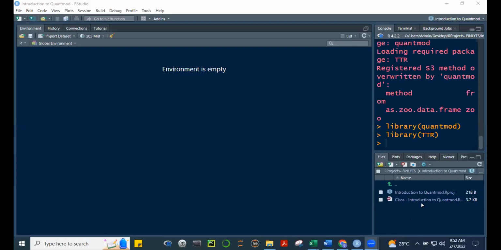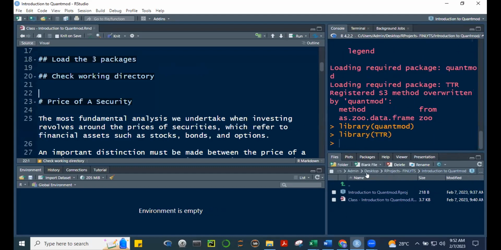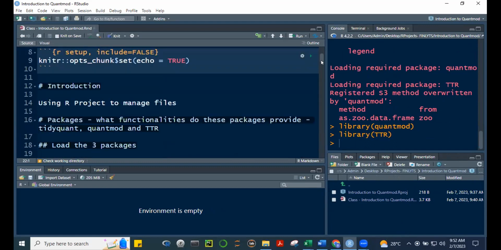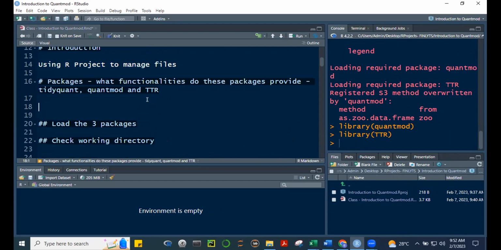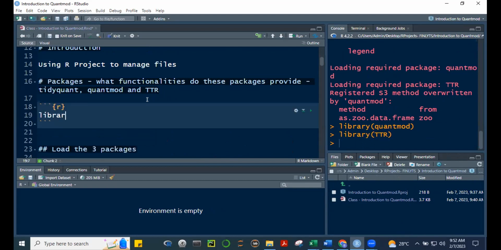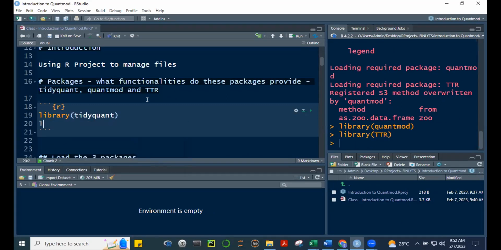All right. So let me open the file again. So notice, class, that the file is under the projects. Lahat ng mga files related to this project will be displayed here, which really facilitates your work on a particular data analysis. Okay, so let me once again library ko si tidyquant, and then library si Quantmod, and